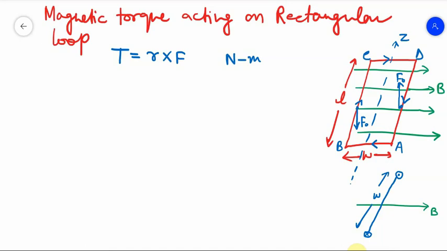Let's say AB. So along AB, this F0 pointing upward and downward, making the couple of force, can be represented like this. And if we extend this as a right angle triangle, then the direction will be along AN, which is perpendicular to this, making an angle alpha. So this angle will also be alpha.